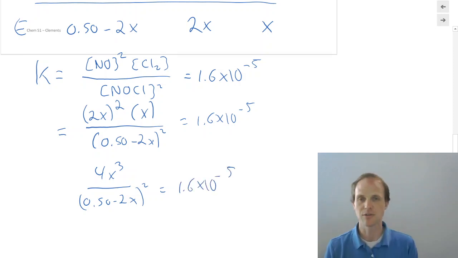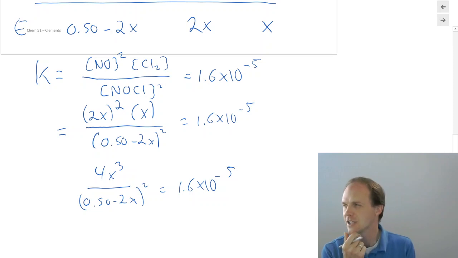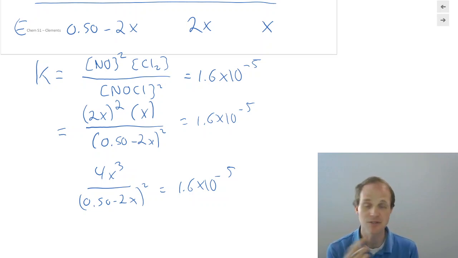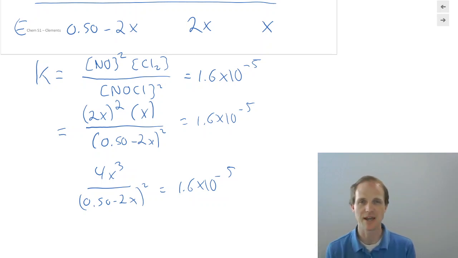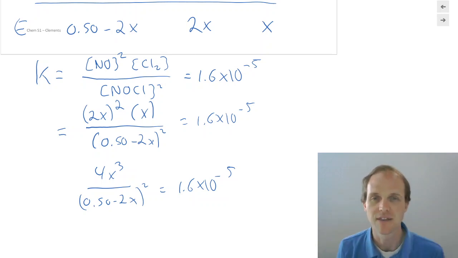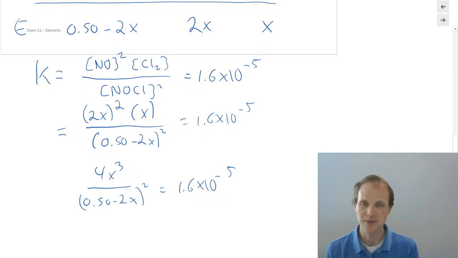And at this point, you should be pausing and thinking, the cubic equation, I don't remember the cubic equation. You probably never learned the cubic equation. There are ways of solving cubic equations using a formula, but they're tedious, they're hard, they're not something you're going to remember off the top of your head like you possibly might remember the quadratic formula. So how are we going to solve a cubic?